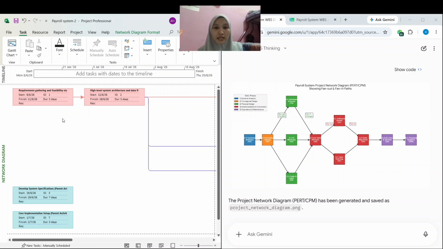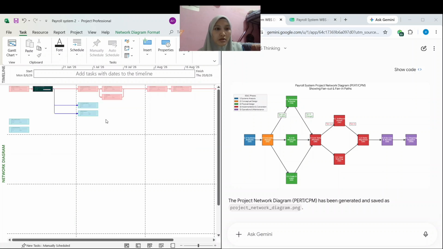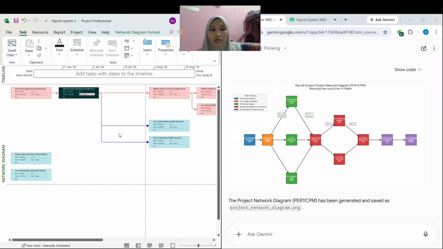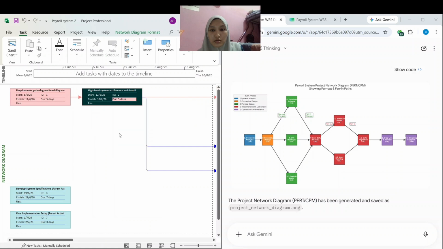So here we can see that the requirement gathering, feasibility system go to the high level system architecture. This is the go to the conceptual design, and then is go to fan out on